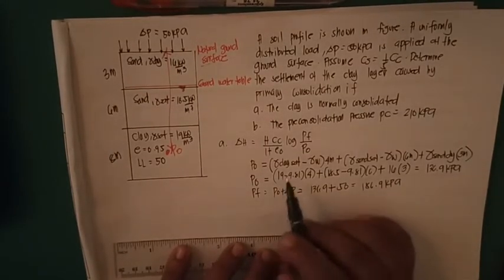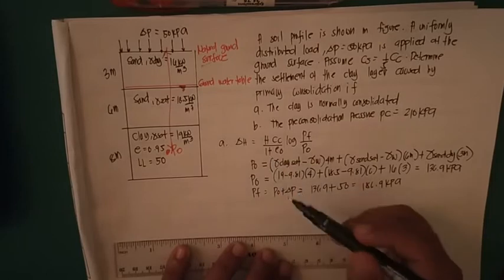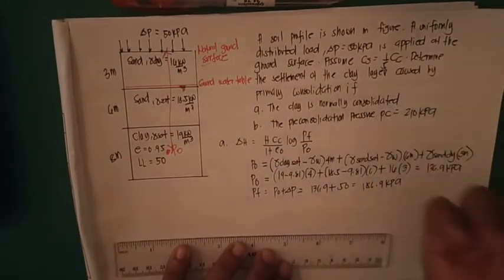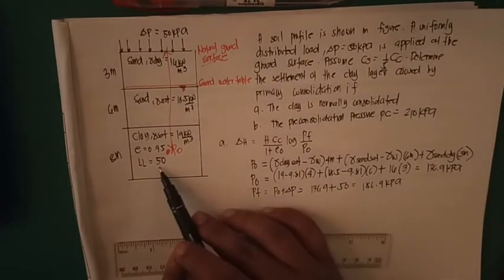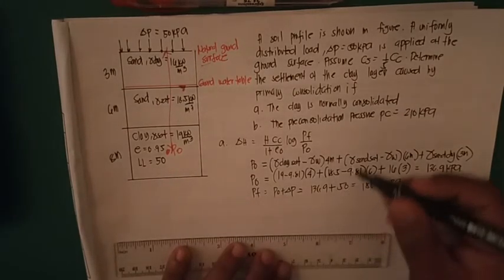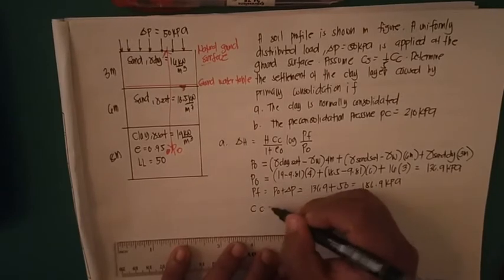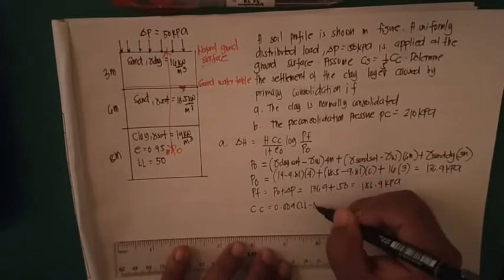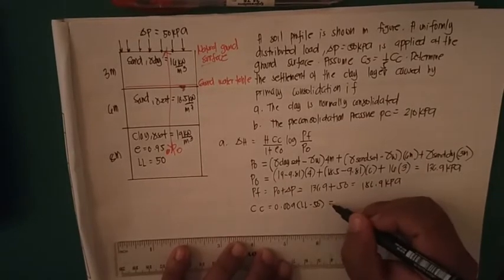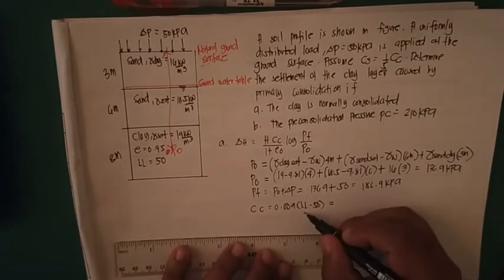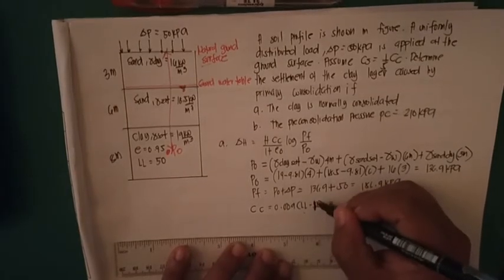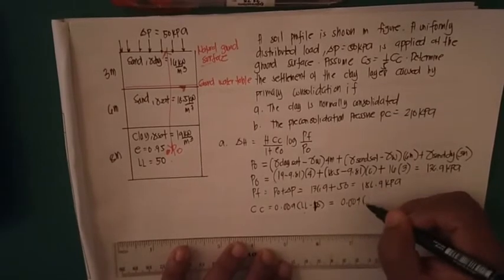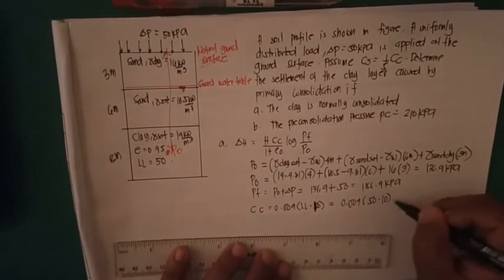Okay? So we have PF, we have PO. What is H? H is 8 meters. We don't know the value of CC, but we are given a liquid limit of 50. So CC is 0.009 times LL minus 10, considering an undisturbed sample. Liquid limit is 50. So 0.009 times 50 minus 10 will give you